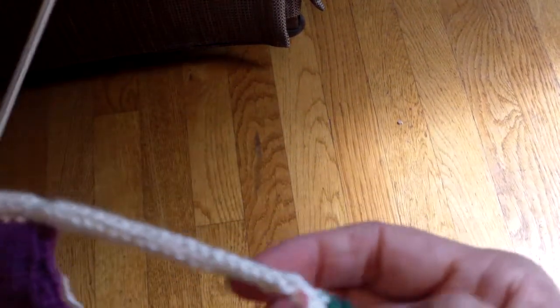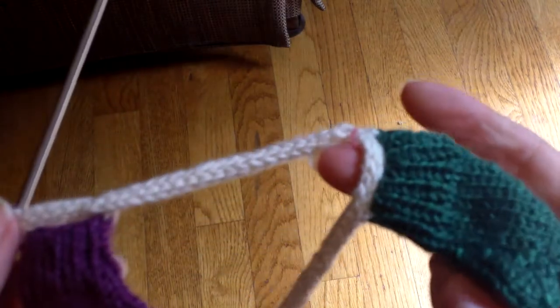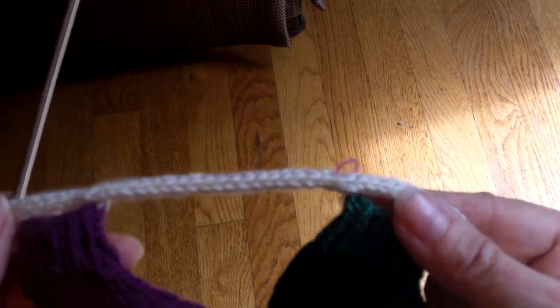And what I did is I worked about 20, I put in markers, worked about 20 rows between the mittens, but you could measure, count rows, however you want to do it. You could position them closer, further apart. It's completely